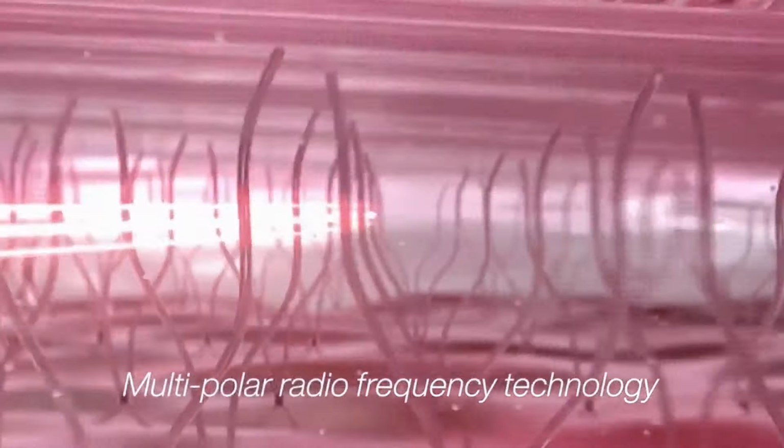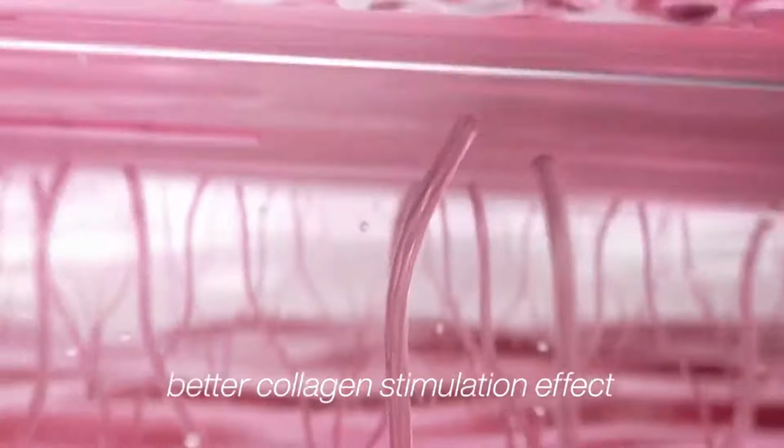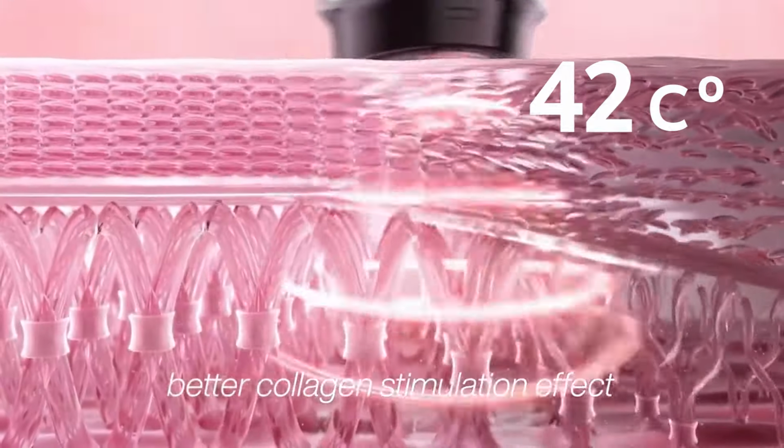Firstly, the radio frequency component of the device generates controlled heating to a maximum of around 42 degrees in your skin. This generation of radio frequency waves heats up the deeper layers of your skin, tricking your body into thinking it has a subclinical injury. And what happens is that your skin sends growth factors to help build up collagen to these areas. When your skin produces more collagen, the treated areas become tighter, firmer, and the clinical result is less wrinkling and